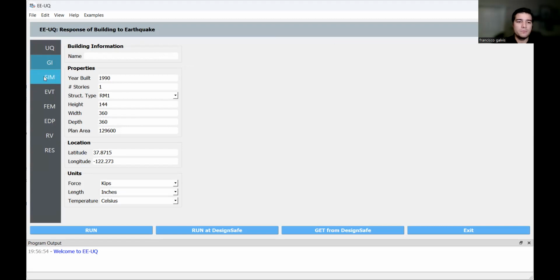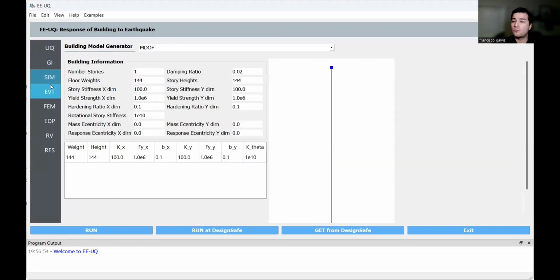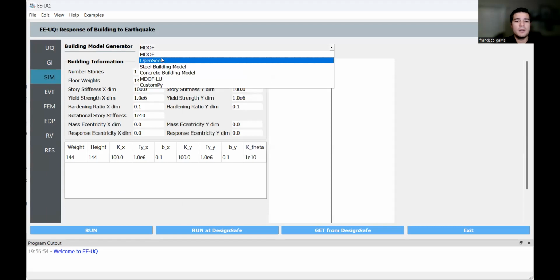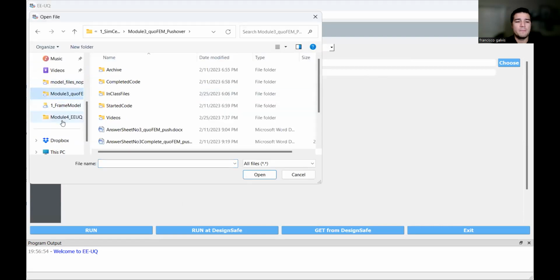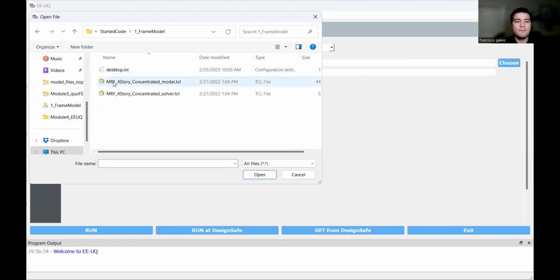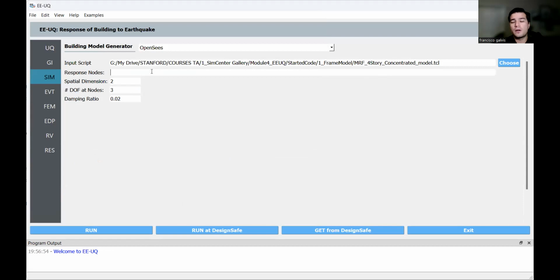General information we don't need at this point because we're going to provide the model. The simulation is an OpenSees model. The input script that we are interested in is provided in the starter code. So we have our OpenSees model here. We define it. The response modes are important, and here we need to manually tell the analysis what is